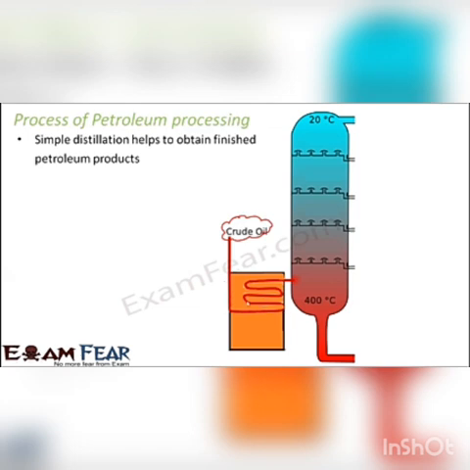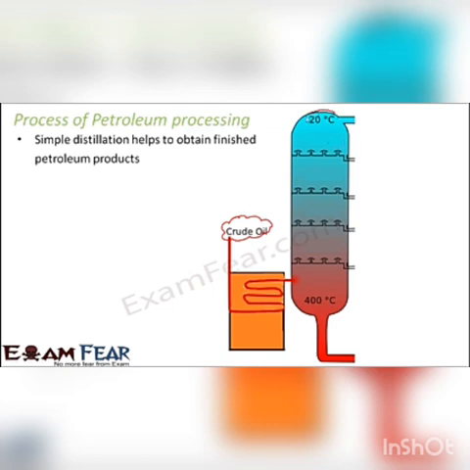Now, as you heat this crude oil, different components of the crude oil have different boiling temperatures. So different components will boil at different temperatures, and as they boil, each and every component will get collected in different sections of this column. That is why it is called a distillation column, because the entire tube is divided into chambers, and whichever component boils at a particular temperature, that will get collected at a particular chamber.